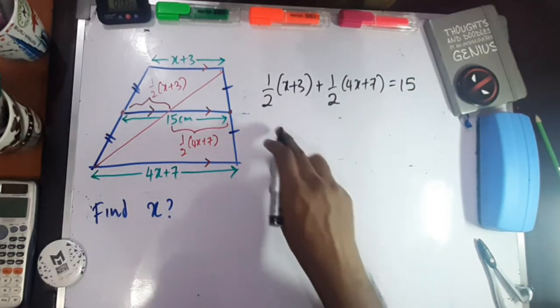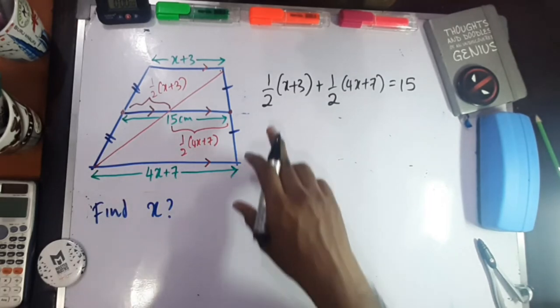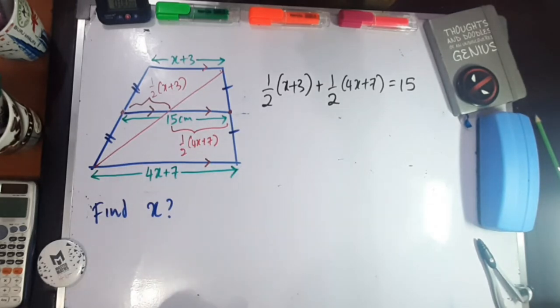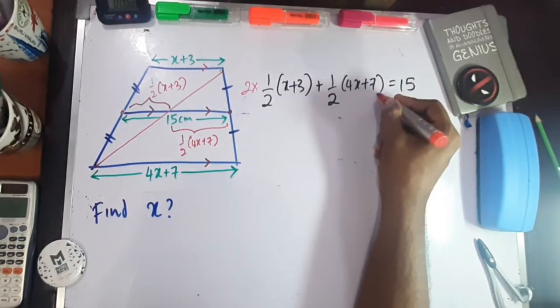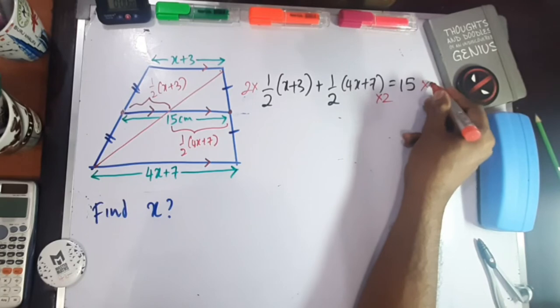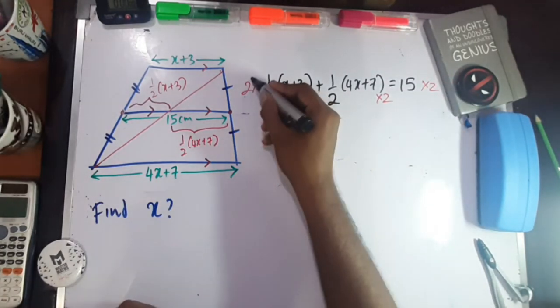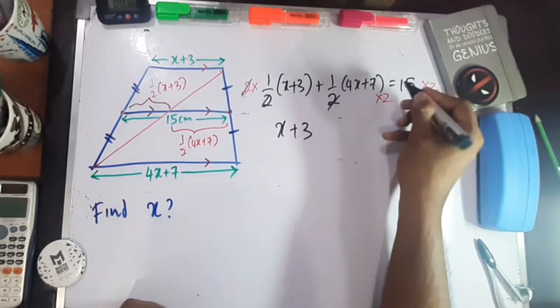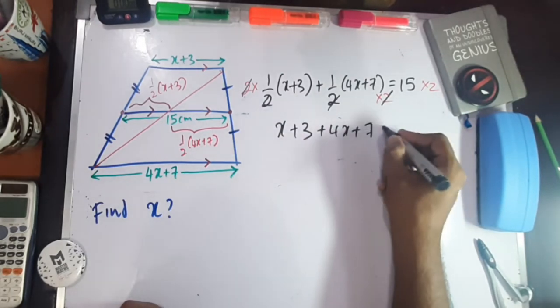And I know this equation will look a little bit scary, but what I would do if I am in your place is, the main issue I have is these fractions. So to get rid of the fractions, I can multiply each and every term in this equation. That means multiply this by 2 and multiply this by 2 and multiply this by 2. So that would get me out of the problem I have. This 2 and this 2 cancel, it becomes x plus 3. This 2 and this 2 will cancel, it will become plus 4x plus 7,